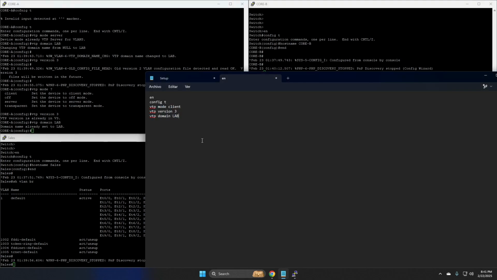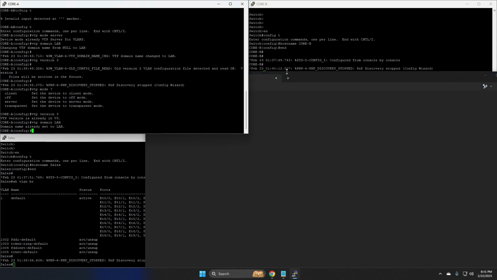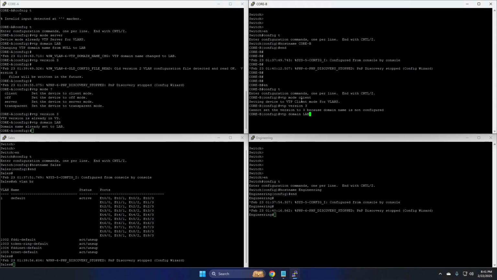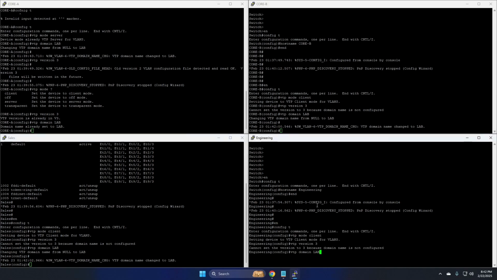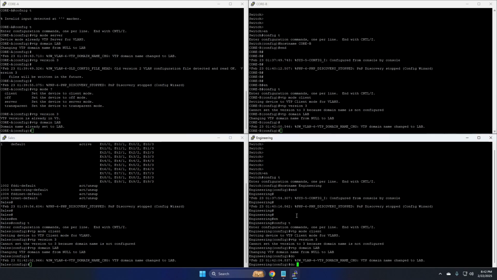to be the exact same on the VTP clients for them to propagate and sync up the VLANs, of course. The only difference is that we're setting everything else as a client and not a server. So let's do that. Let's go on each of the switches and paste this in. Paste that in. Paste that in. And if we do show VTP status,